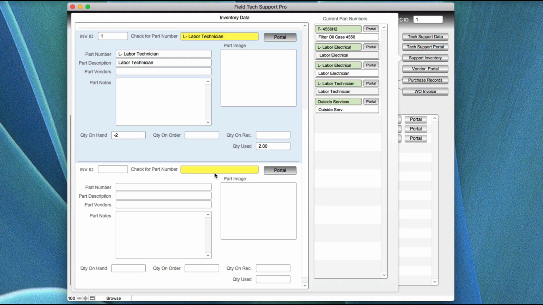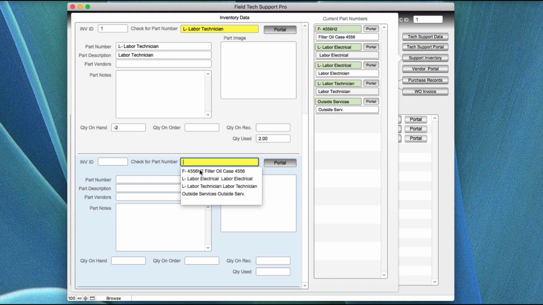And of course, if it's in the inventory, like we showed before, when you add it, you'll be picking it from the list if it's already been in there. But you do not repeat that. Basically, what this is doing is checking for the part number to see that it's in the database. If it's not in there, you would create it in this screen right here in the part number, and that would create it. You would add the image and the rest of the data in here. You would not be adding this because that's coming from calculated things between the work order invoice and the purchase